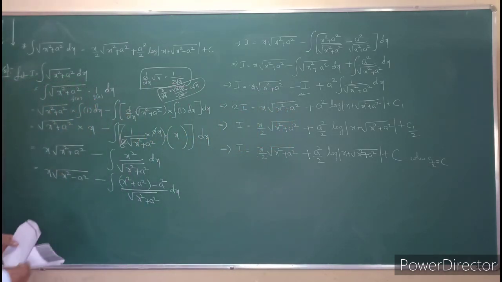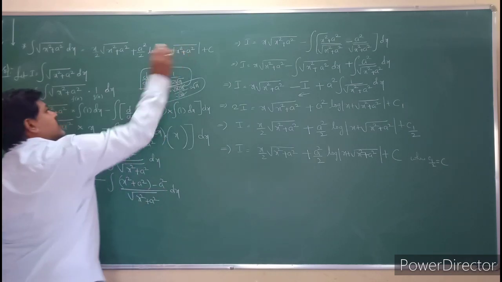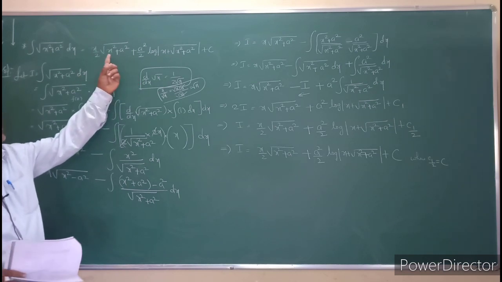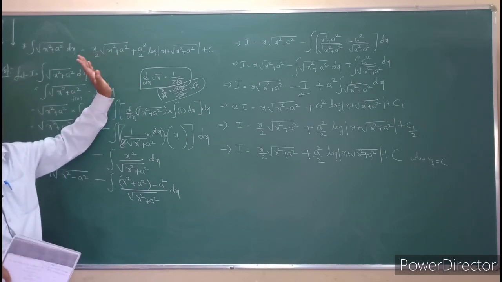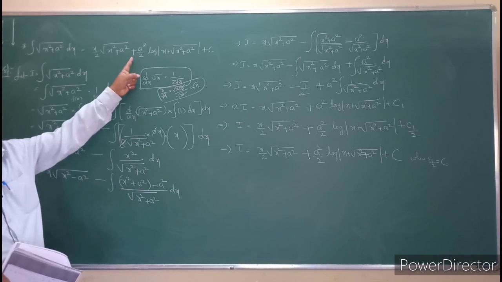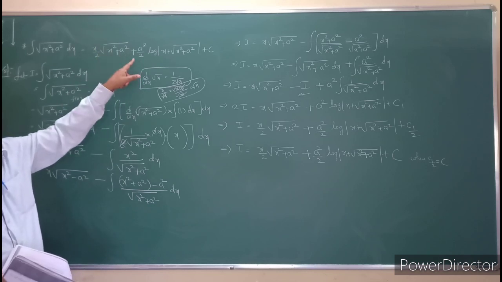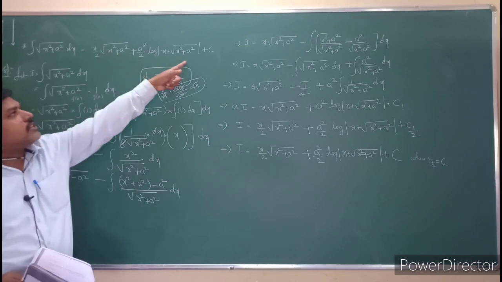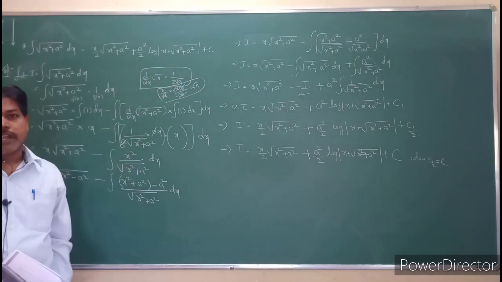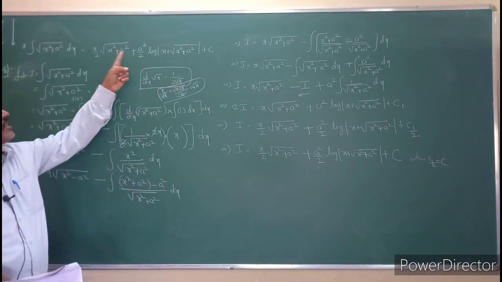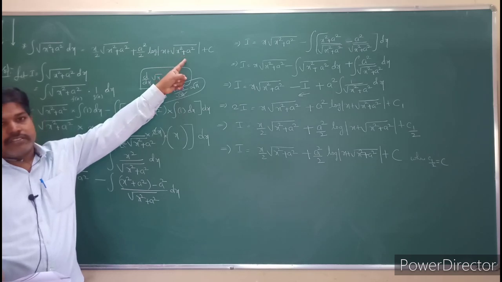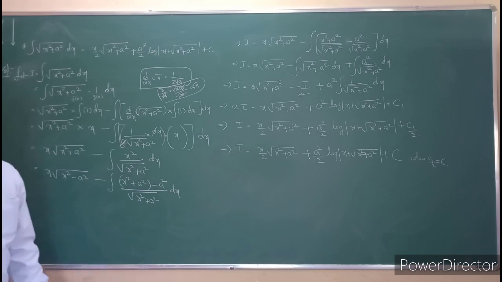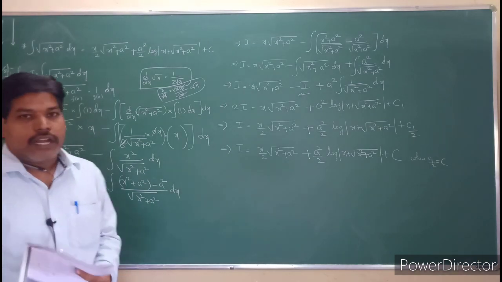So see that question. Just in the place of x square minus a square, what is the change? You will get a plus here. Under root the value is x square plus a square, that's all. Here you will get a plus, whereas in the previous one you got a minus. Here the minus becomes plus, and the other is also plus. All the terms will become plus only. In the previous one, all of these were minus. So similarly, just see that and write it down and practice, and you will get the answer easily. Okay, are all understood, students?